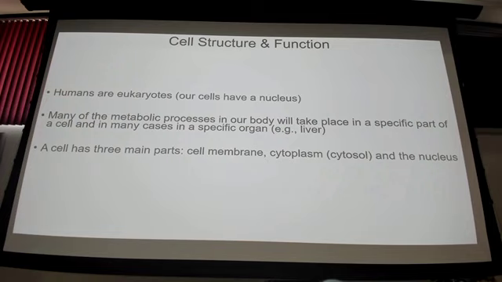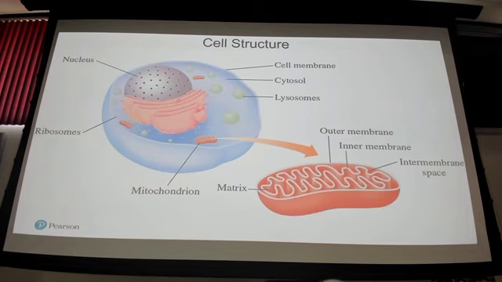Processes occur in certain parts of the cell. We know that a eukaryotic cell has some organelles and components, the main components being the cell membrane, the nucleus, and the cytoplasm. Here's a picture of the cell structures. You see here the membrane is kind of the barrier for the cell. It ensures that the cell keeps its boundaries, and this membrane allows for nutrients to enter and waste products that